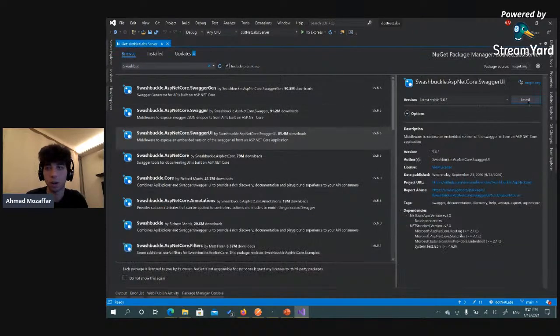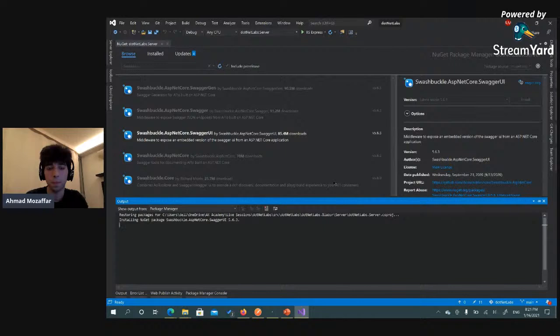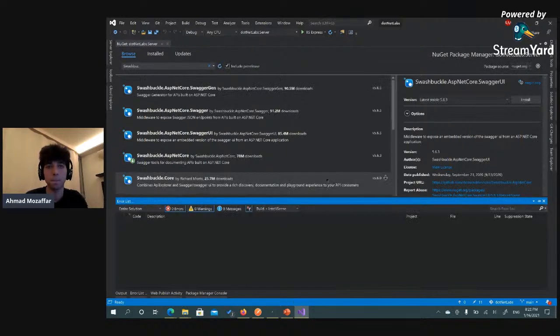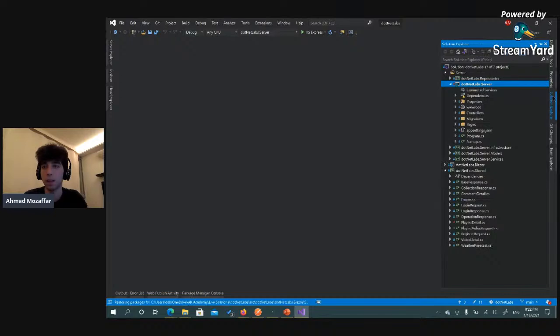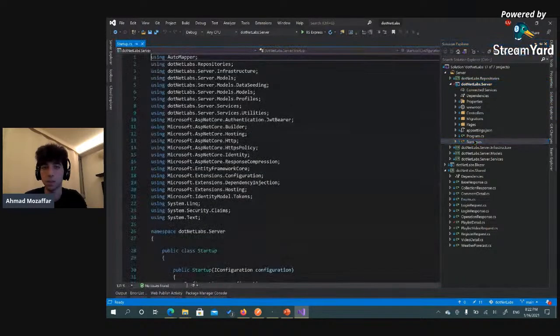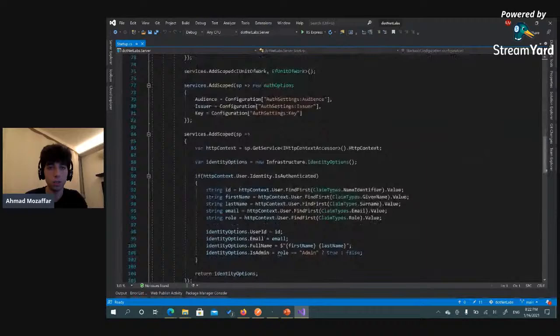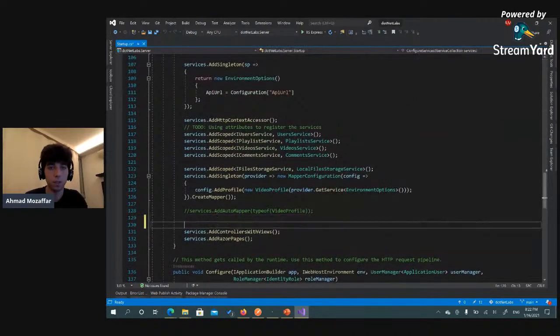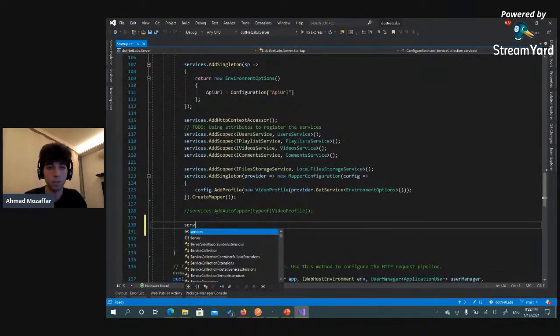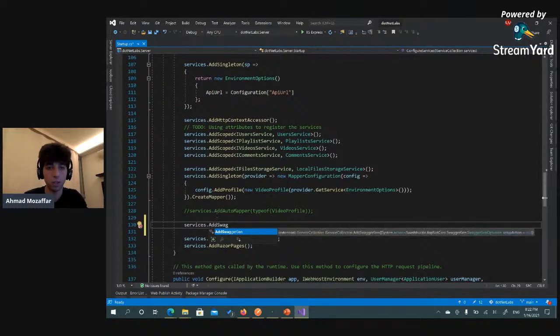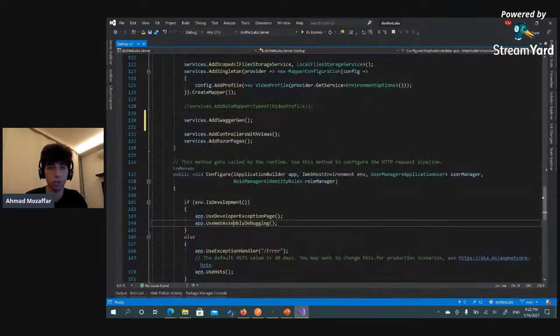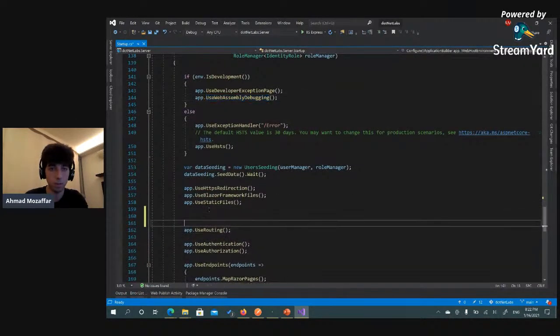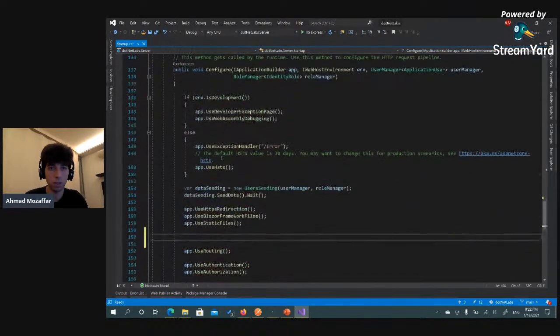And we need the Swagger UI. Okay, this is great. Now let's go to the startup.cs. And in the configuration, here, services, add Swagger. Just like this, Swagger generation. Okay, maybe I forgot that. Swagger generation. Okay, maybe I need to check this, but now after we configure the service, let's go to this